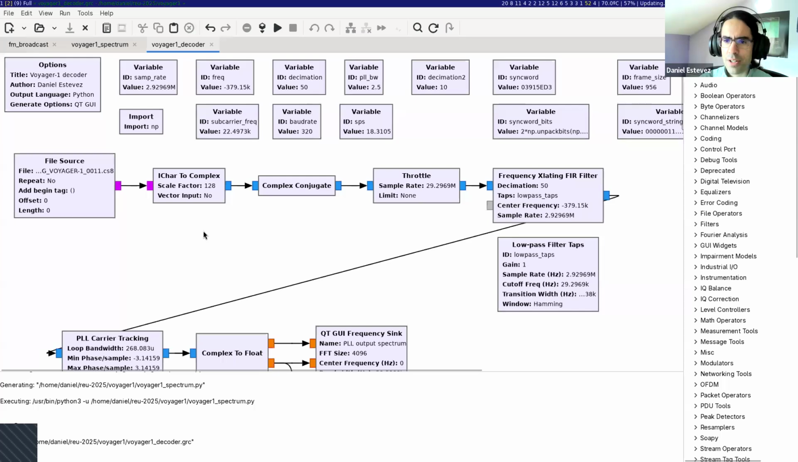So what I have here is the flow graph for decoding the digital data that Voyager 1 transmits. And I'm going to give you a quick rundown of how this is structured without going into all the details of how it works, so that you have an understanding of how a digital communications receiver for this particular type of spacecraft communications works. And this also has a certain interest beyond digital communications because there are, I would say,